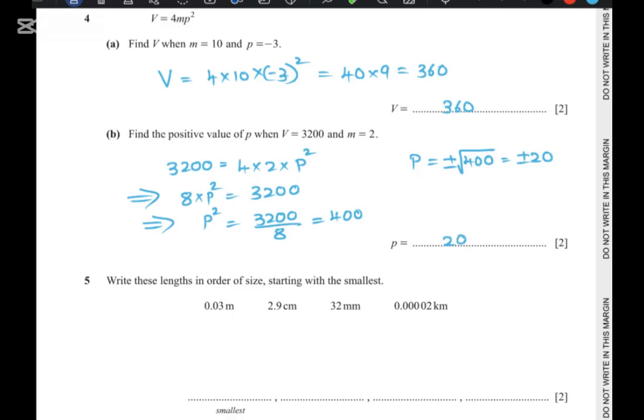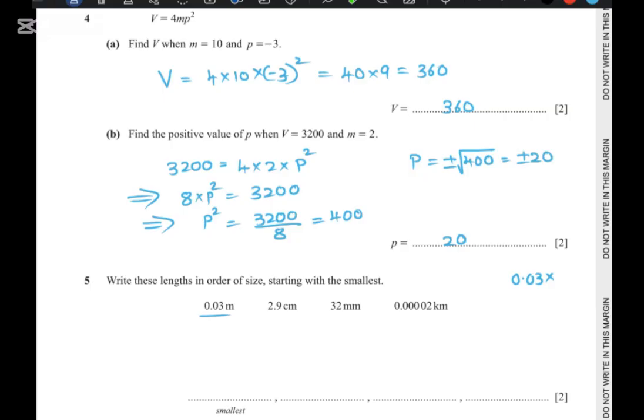Question number 5. Write these lengths in order of size starting with the smallest. Now we have to write these lengths in ascending order, smallest to biggest. First we'll convert them all into 1 unit, so we'll convert them into millimeters. The first one, 0.03, is given in meters. If I convert it into millimeters, I have to multiply with